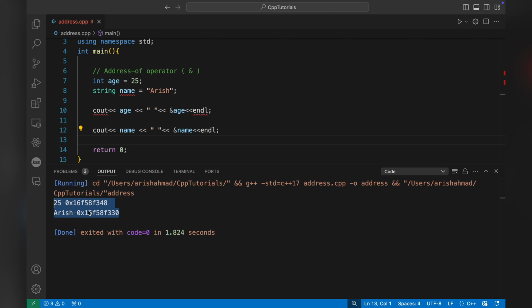But for now, just know that understanding memory addresses is very crucial when you start dynamic memory allocation and pointers. So here I have created those variables in static memory locations. However, when something is created using a pointer, it is stored in dynamic memory allocation. So these concepts will be covered in more detail in upcoming video